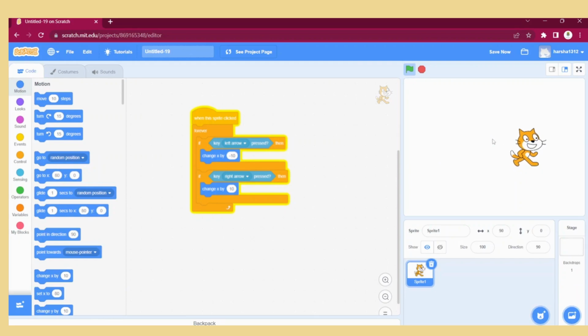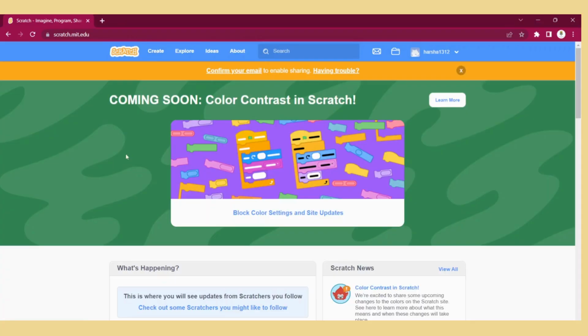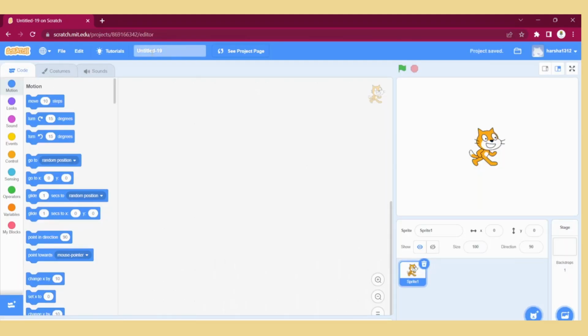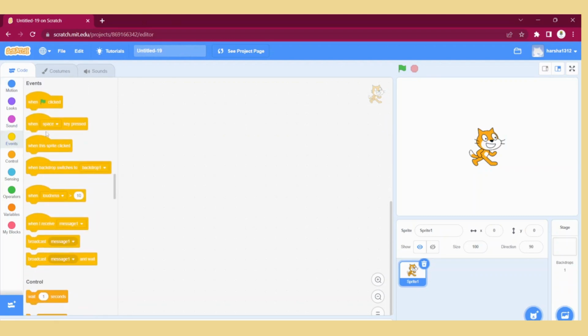Now let us learn making a sprite change its size when clicked using the change size by block. So let us create a new project. We have to choose the same sprite and we'll write a new script for it. Now we have to drag the when this sprite clicked block from the events category to the scripting area. So this is the events category. When this sprite is clicked,